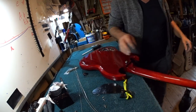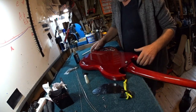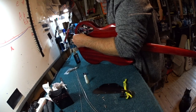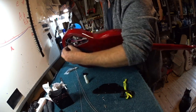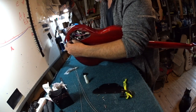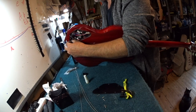I don't know how strong it is, but it's a kind of low strength thread lock, and I've used it occasionally. I've made the mistake of using the high strength one before, and you end up not being able to get the damn thing off ever again. But I am going to tack a little bit of this on here because it is so important this doesn't move. You can even see this has cracked the finish because it's been tightened up so much. By the way, that wasn't me, but it has. That's a mistake of having it on this front panel. It's a big design no-no for my book. Anyway,